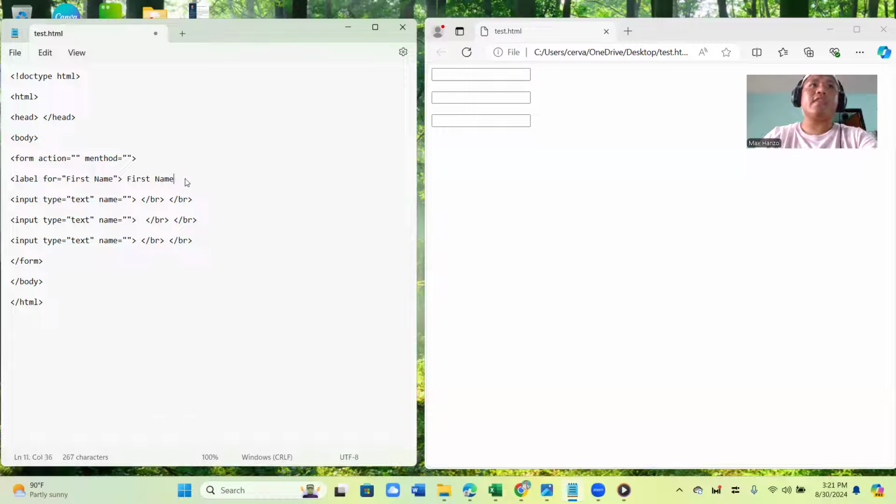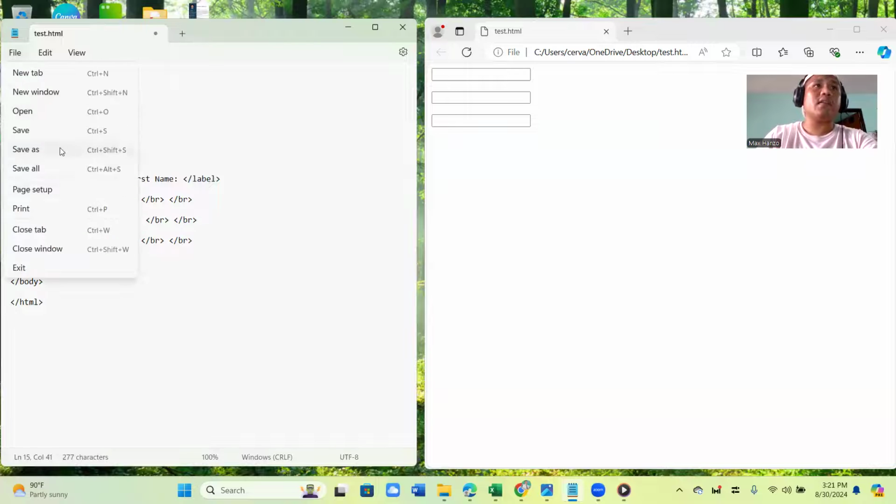First name, and then we use open bracket backslash label. Since we have opened it up with label, it's just right that we close it out with the label tag. So let's try it and see if it's working.